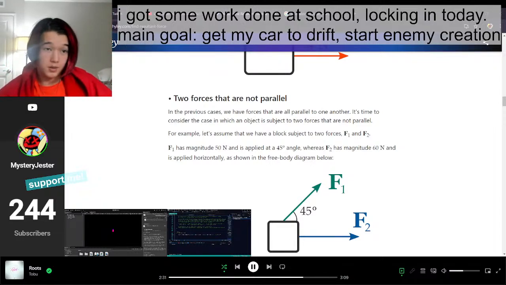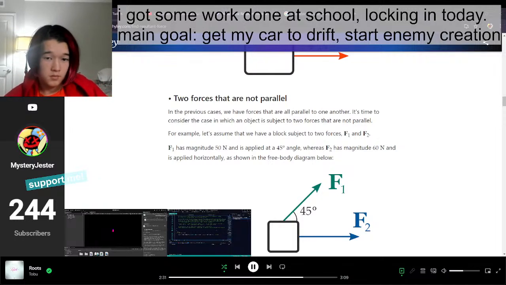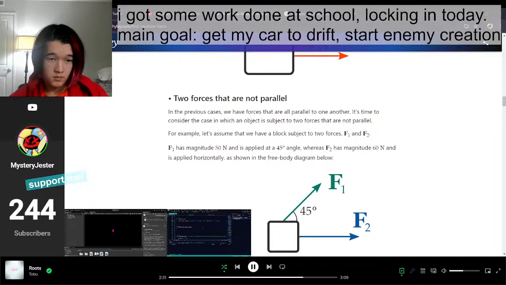Okay. Calculate result force and set variables. Cool. So the variable we're trying to set. Well, I guess we could set multiple, but